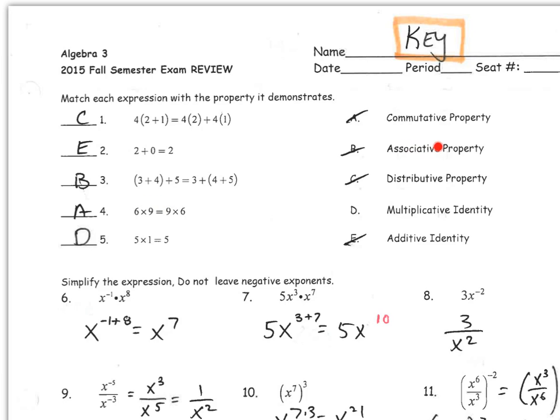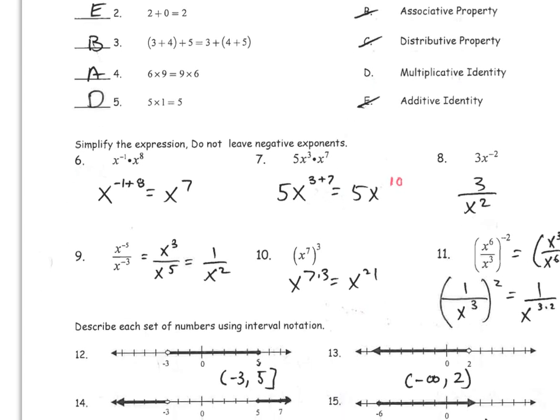And the associative property means that, look, the numbers are the same, but what is moving is the parentheses. Okay. So order of operations, you're adding 4 plus 3 first, that's 7, plus 5 is 12, whereas 4 plus 5 is 9, 9 plus 3 is 12. Okay. All right. The next ones are